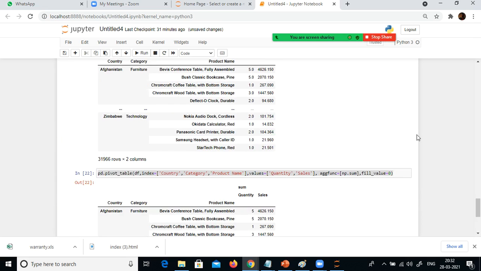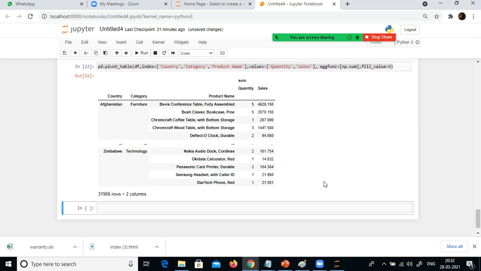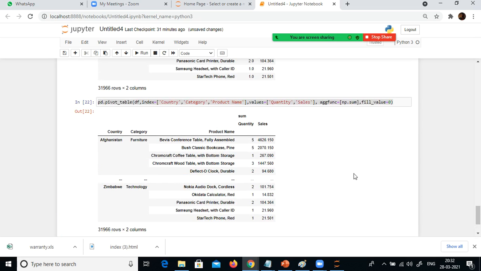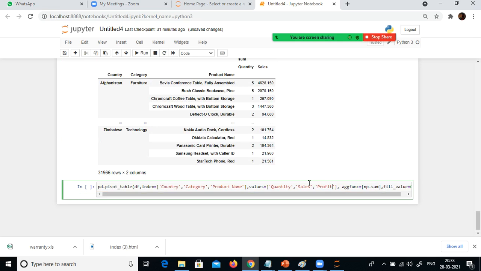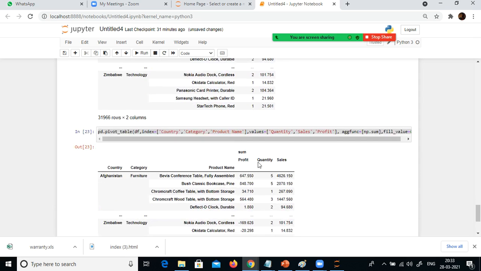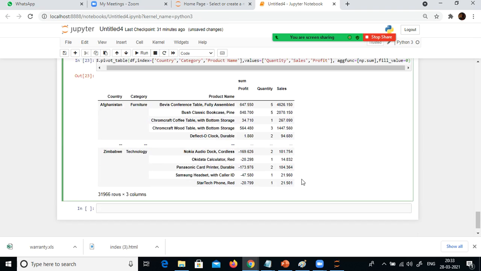Summary. Okay, 4626.50. So the sum of quantity and sales, we can see it. This is the aggregated result; we applied this sum on it. Good. So the next one, likewise, you can increase the number of columns also. Now after seeing the quantity and sales, you want to explore the profit also for each item. You can include the additional column here. The profit is coming here.